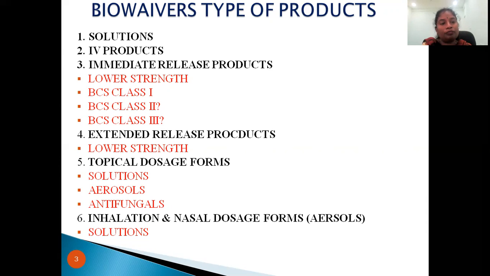If they are proceeding for extended release drugs, they are considering low strength drugs. In topical dosage forms, they are considering solutions, aerosols, antifungals, those dosage forms only. And inhalations, mainly inhalation and nasal dosage forms, they are considering the solutions. Okay, next one is